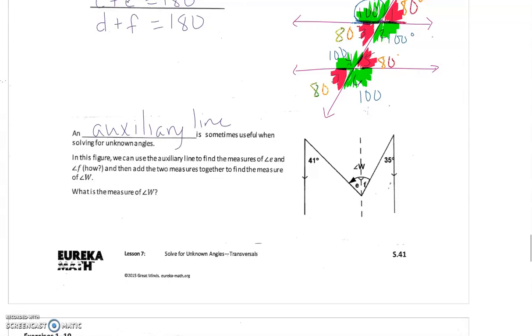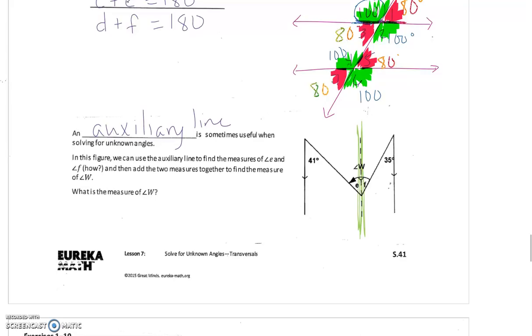An auxiliary line could be useful when you solve for angles that don't have a parallel line. So that's what this dotted line is right here. Let me highlight it for you. This dotted line right here,